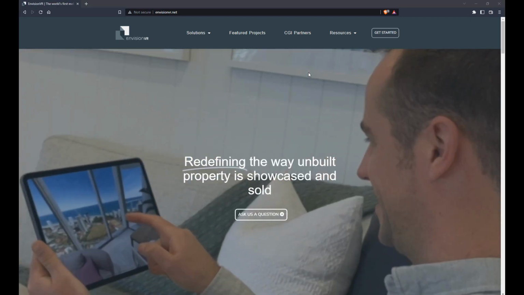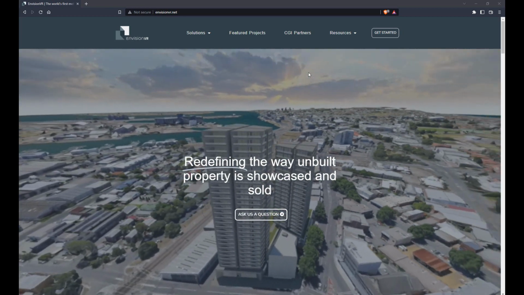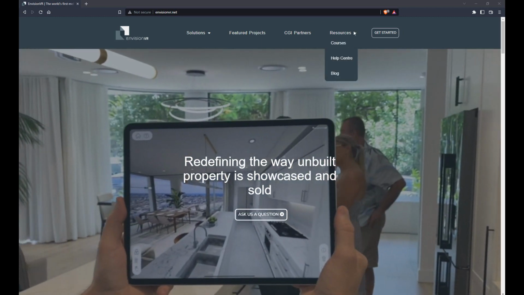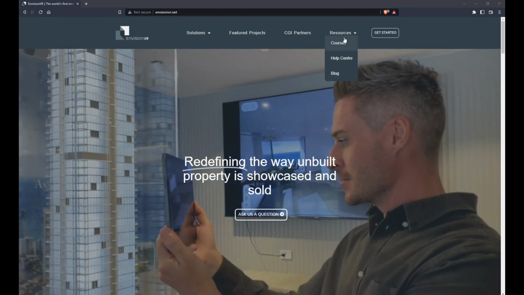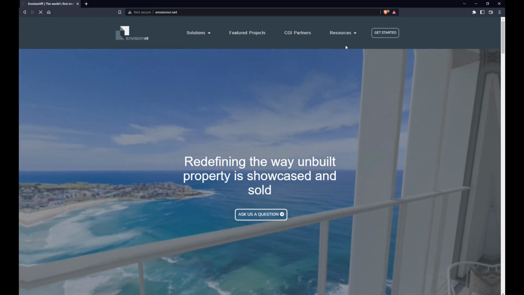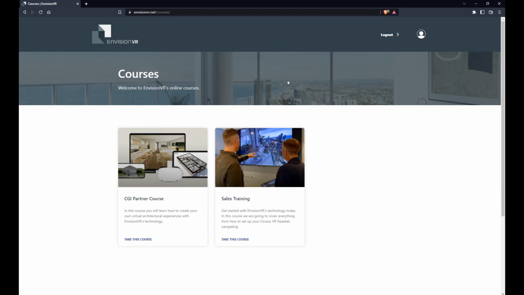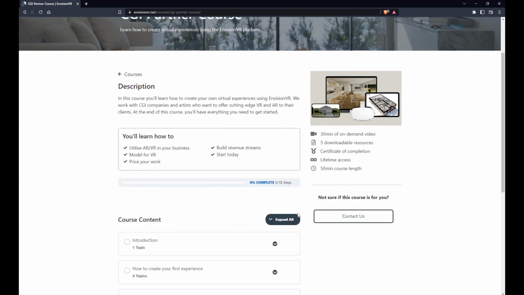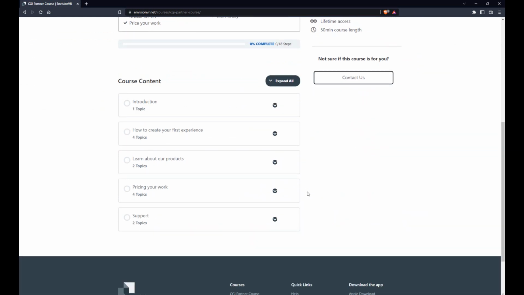And now, before we move on, there's one other thing I would like to note while we're still on the Envision VR website, and that is when you go over in the Resources tab, here you have a drop-down menu in which the first option is the Courses option. Now, this is a great resource for you to have, especially if you decide to use their product. So what they've done is they've made a CGI partner course, which kind of breaks down every single step on working with a product. And they've done it in a very simple to digest content, basically split up in